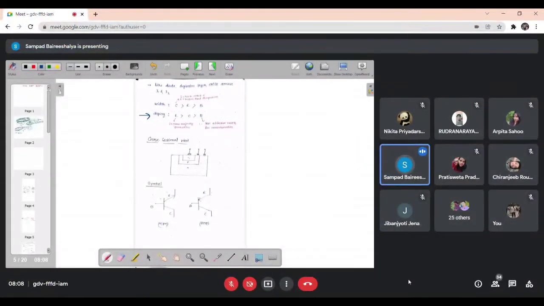तो undoubtedly out of these three terminals, emitter को हमको ज्यादा डोप करना पड़ेगा. If you dope the emitter section more, then the emitter will generate more number of carriers. Now you are clear why the emitter is heavily doped. This is the only reason that the emitter is heavily doped. Clear? Okay, so as the emitter is heavily doped, similarly the collector is moderately doped and the base is